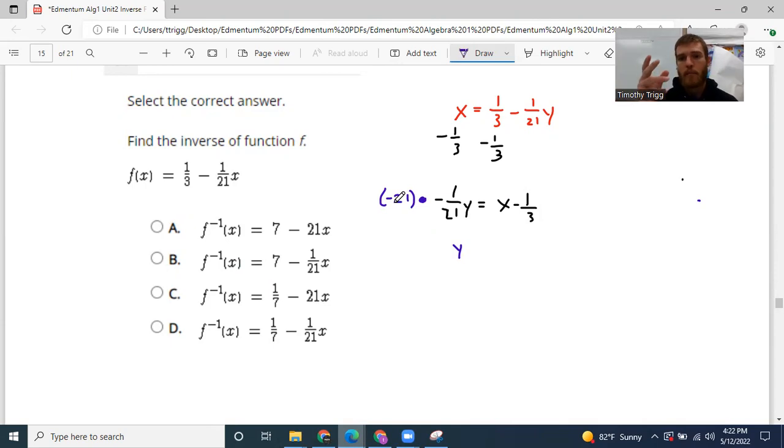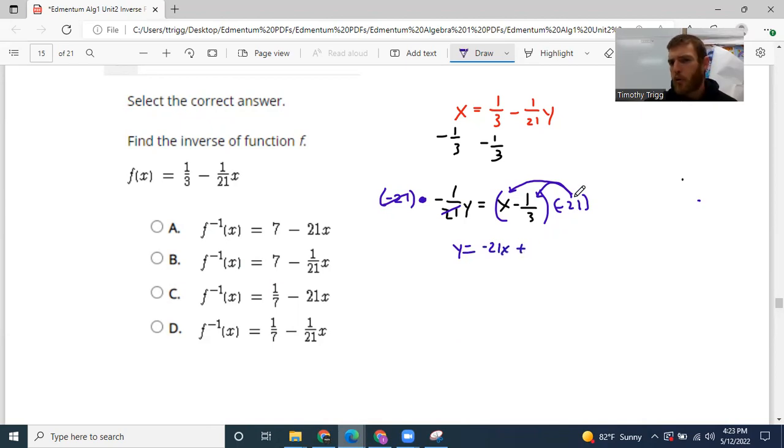So the multiplying and dividing by 21 cancel each other. And we also have to multiply this side by the same thing, -21. It gets distributed to both these terms here, giving us negative 21x